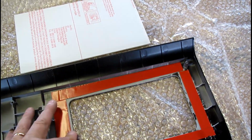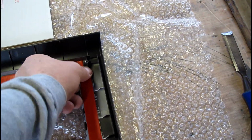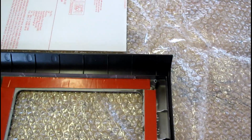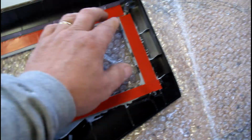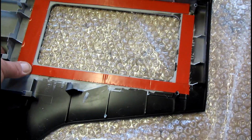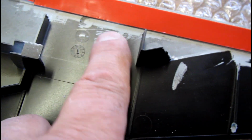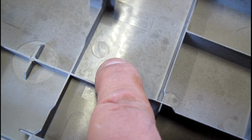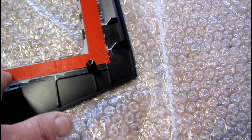We've got the high bond tape in place, held back from the edge so you won't see it. Okay. And because of the slight curve of the panel and whatnot, that's why we're using the high bond, the thicker stuff. And the thin stuff, it's just not going to conform enough. There's a lot of irregularities. All these little casting things, every little bump like that sticks up a little bit. Too much for thin tape. So using the thick tape,